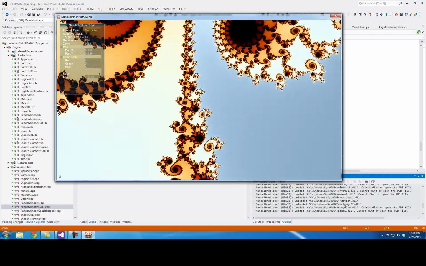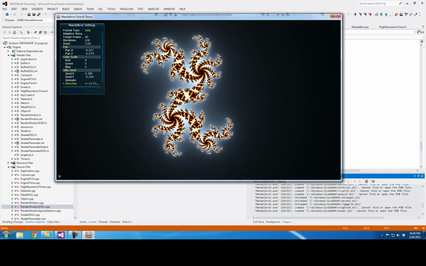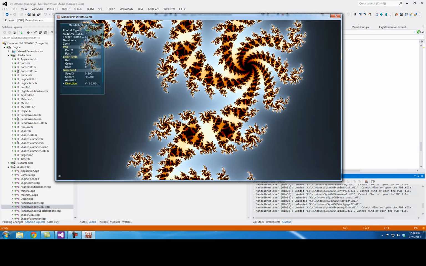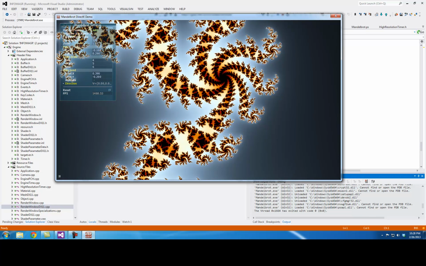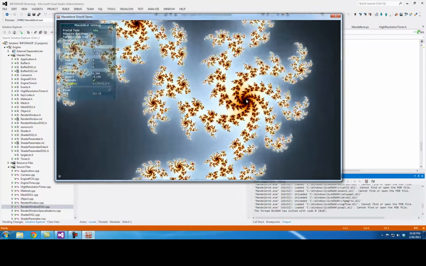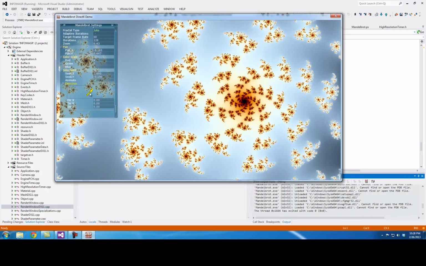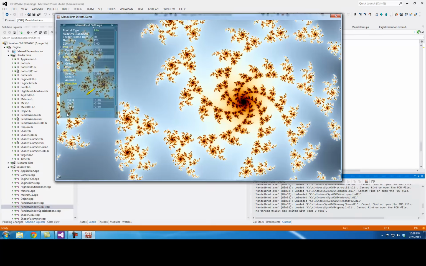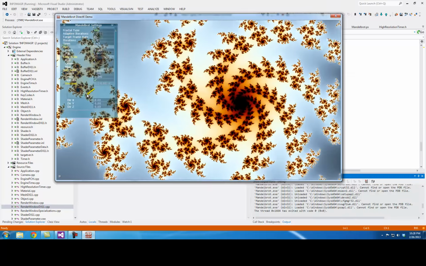Okay, so that's the Mandelbrot set, and let's hit reset here. And hitting 1, I can switch to the Julia set. So here's the Julia set at the current seed of 0.93 in the real axis and negative 0.2 in the imaginary axis. And hitting spacebar, we can toggle the animation of the Julia set, which is kind of pretty. And there's also a direction parameter here, which we can adjust the direction of the animation of the seed parameter